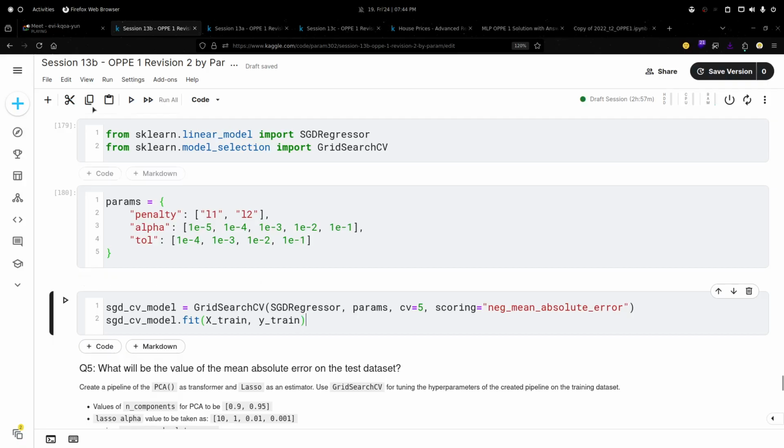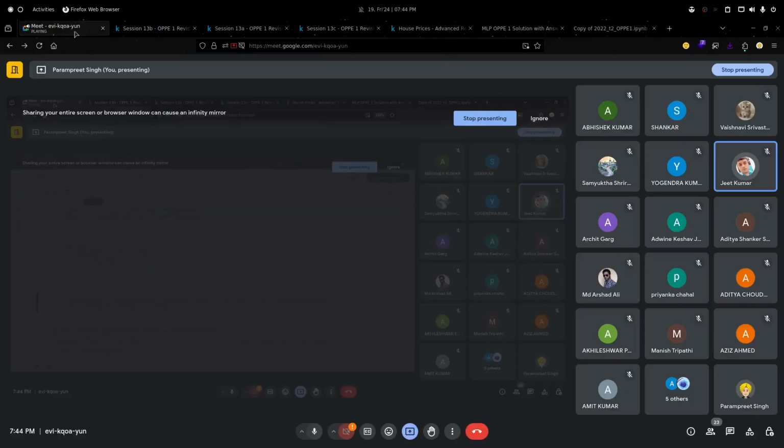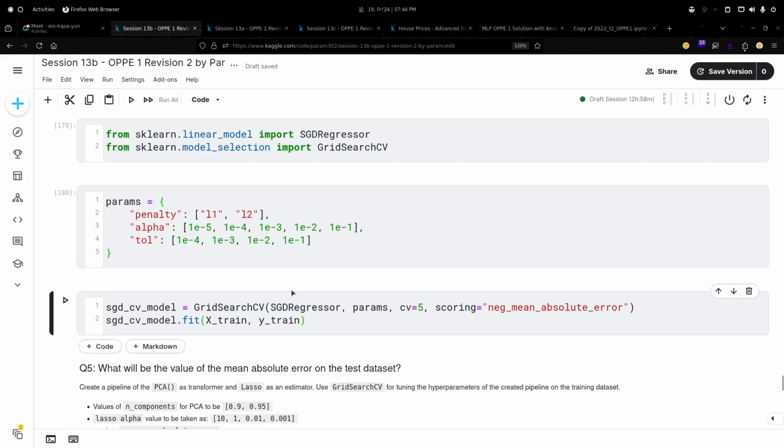Okay, so we have to fit the training data again after doing this as GDCV model. If we fit on it, by default it will fit on the best model as well. And when we do the predictions, it will do the predictions on the best model which is computed. So we will use it on test data too. No, we don't fit on test data, we fit on train data.